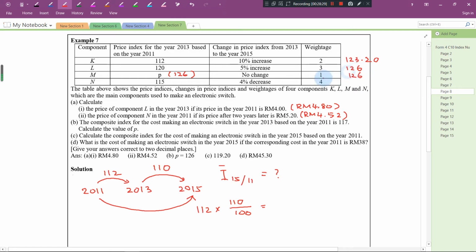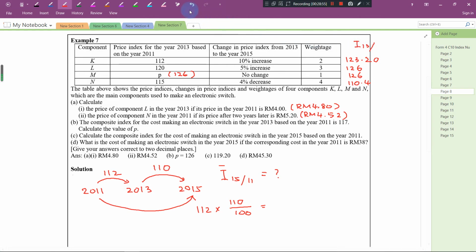This 4% decrease will become 96%, so you take 115 times 96 over 100, which is 110.4. So these are all the index numbers for